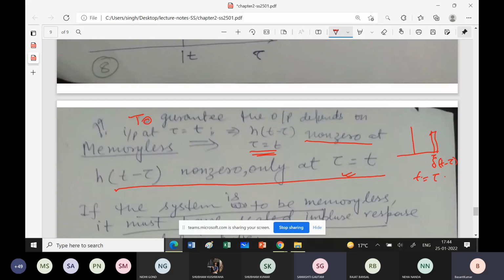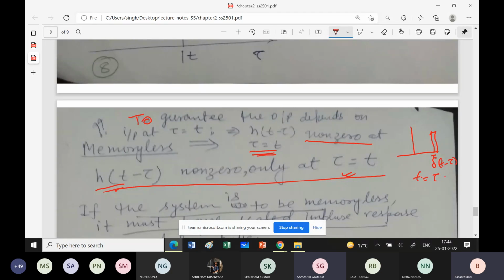बात समझ में आ रही है, क्योंकि अगर मैंने एक इम्पल्स दिया है, ठीक है, इम्पल्स किसी टाइम इंस्टेंट पे मैंने एक इम्पल्स दिया है इनपुट सिस्टम को, तो जो रिस्पॉन्स हमारा आएगा वो सिर्फ उसी टाइम इंस्टेंट पे डिपेंड करेगा। यानी कि ये जो रिस्पॉन्स हमको मिलना था h(t−τ), ये नॉन जीरो रहेगा only at τ equal to t। At all other values of t it is going to be zero। ठीक है, so if this is the condition then the system will be memoryless। ठीक है, और